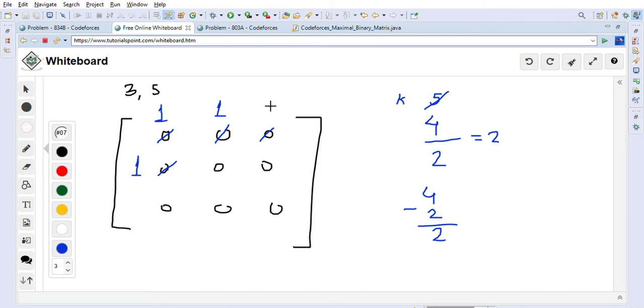Again we will go like this and we will put a 1 here, and here also we will put 1. So now it becomes 2 minus 2, which is 0. Now we don't have anything available to put. If you draw a line like this, this is the diagonal, so this matrix is symmetrical. If you fold it like a paper from this end to this end, it will be a symmetrical matrix. This one will go here, this one here, and this 0 here, and this is the diagonal. And this is the maximal matrix.